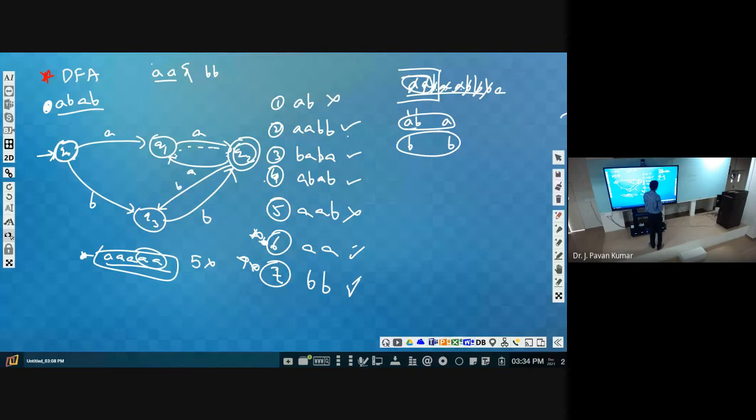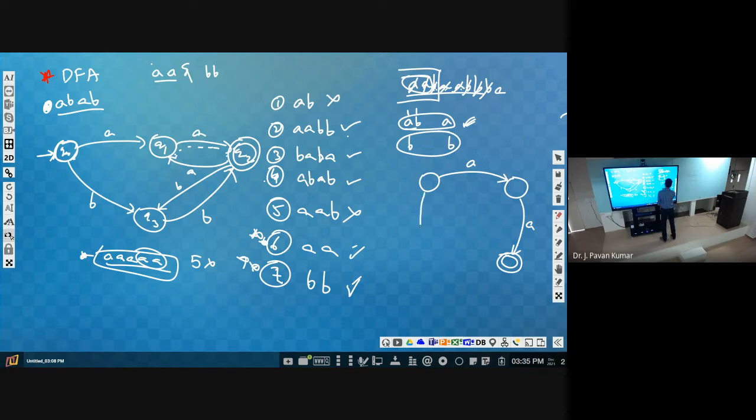So how can we develop? Can you do this on your own with this clue? The clue is, at one particular state, I will try to give some abstract logic. You make it complete. It is like we will be having one state. From one state to another state while going, we will be keeping what is the number of A's, what is the number of B's. Like A, if you have, we will be reaching here. So from here, if you have A, then automatically what will happen? If you have A and A, then we can nullify it, right? Yes or no? Yes, sir. So this can be considered as final state.